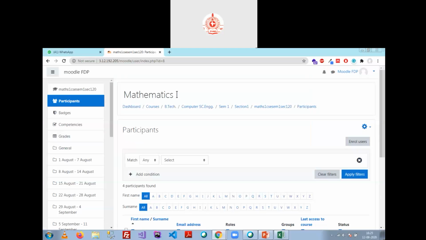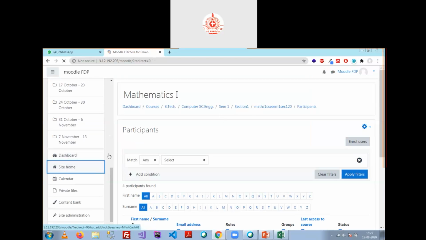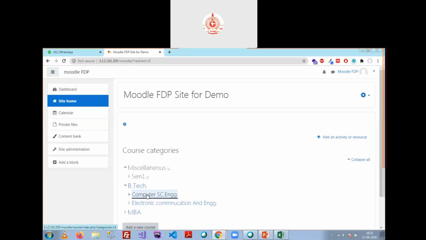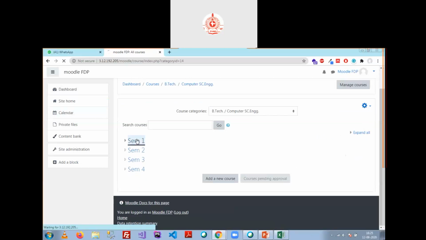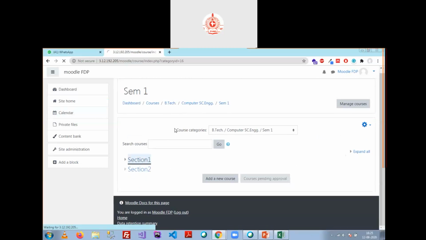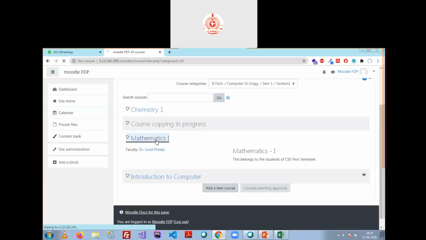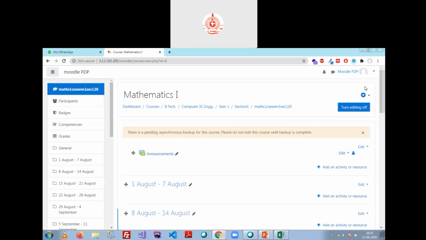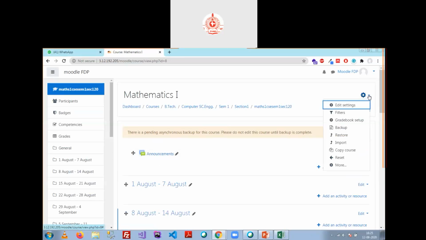So for this, what we can do is go again to the course page through the site home, Computer Science, Semester 1, Section 1, and this time open this course. You will find this gearbox.